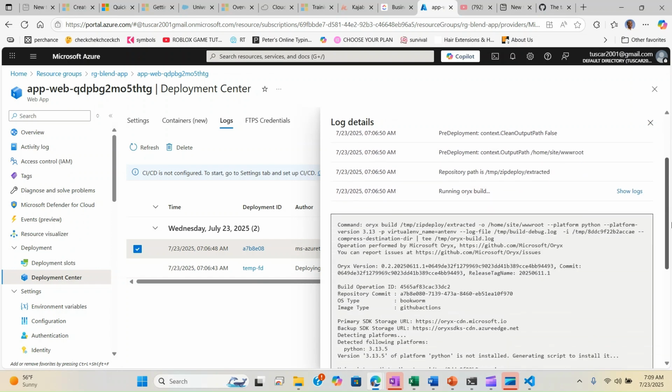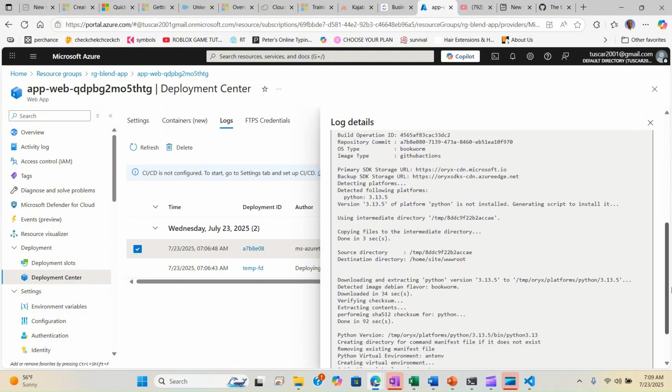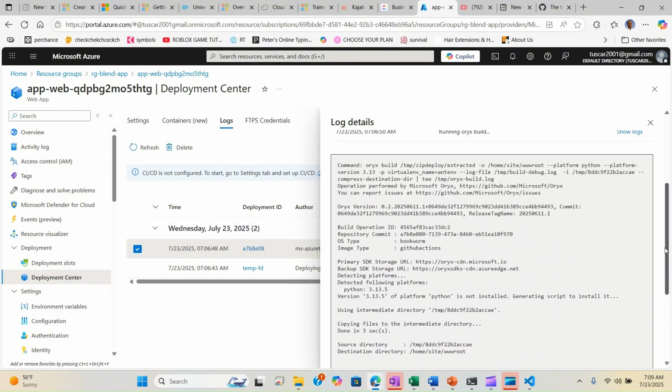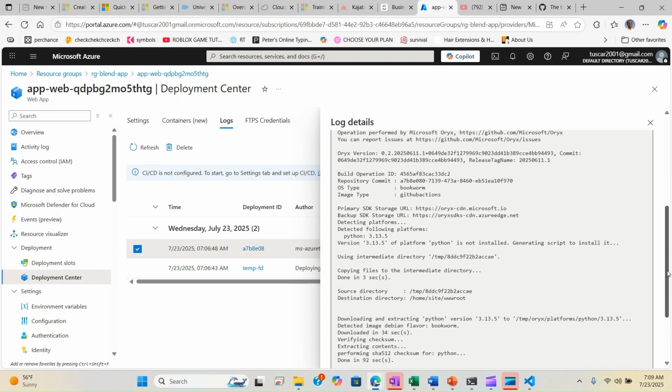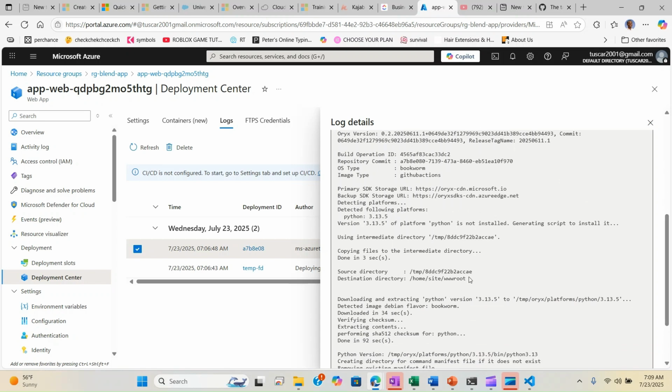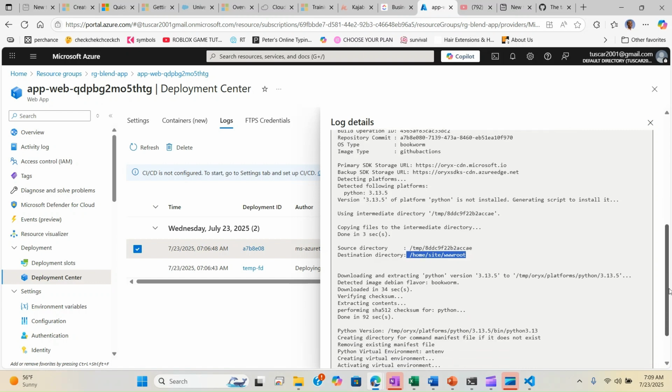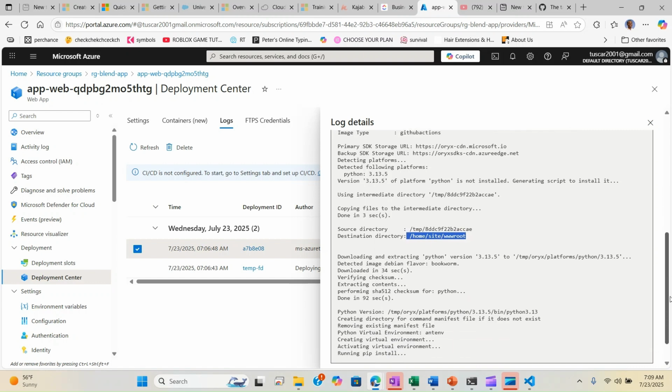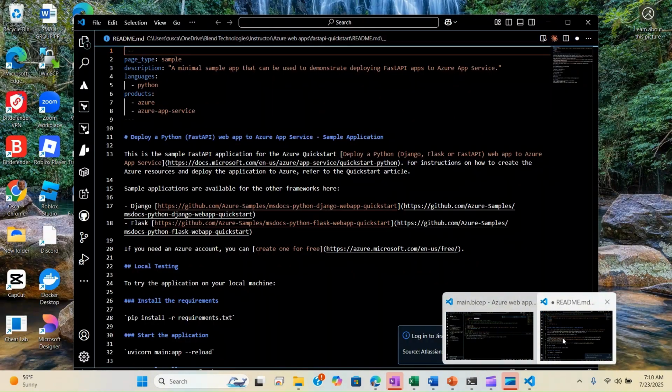All right, sounds like things are running pretty well, and you can see the destination directory here, home site www routes, which is exactly what we're looking at. And right now, the environment is being installed. Now, if we take a look at the environment being installed, right,